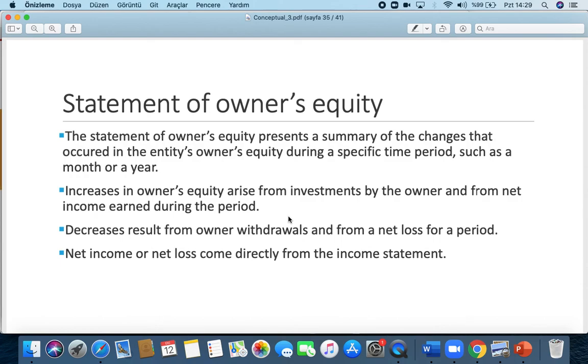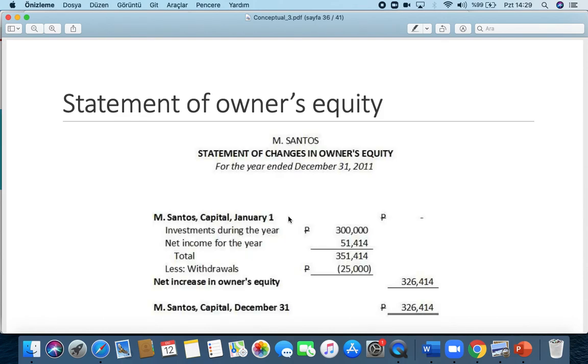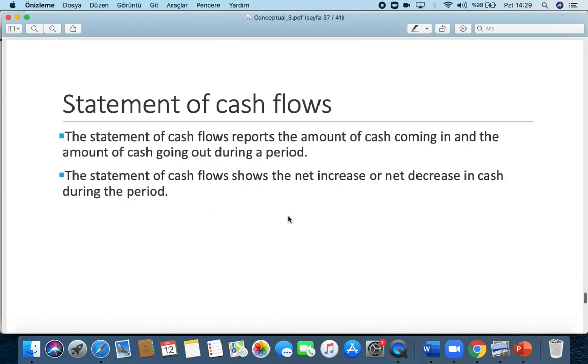Okay? So with the financial performance of the company during a period of time, what changed in the wealth of the owners? What changed? Did they earn a profit? Did they earn dividends? Did they withdraw some money? Okay? What are the losses? Something like that, okay? So you're going to prepare the statement of owner's equity as well.